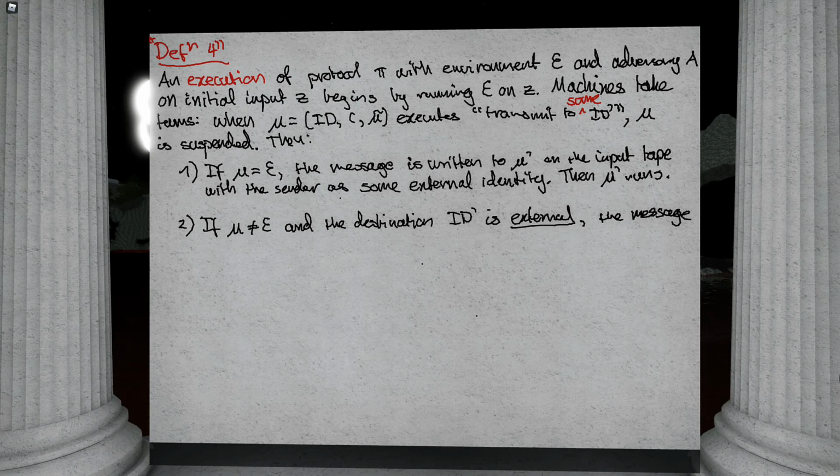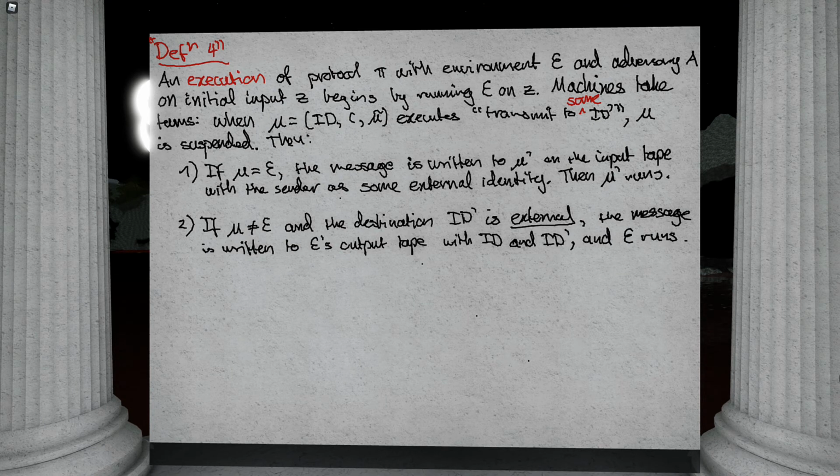And crucially, this can happen at any point during execution, right? The protocol is interacting with the environment, not just in one big step, which was the problem with the last model. So it's written to the environment as output, so the environment is going to know both the sender and the external identity that it was sent to. ID is the sender's identity. And now the environment runs.